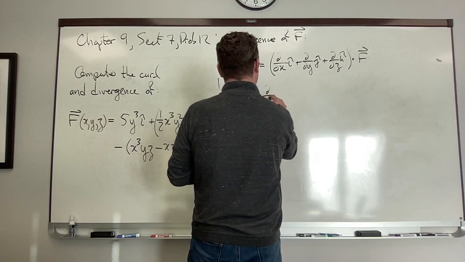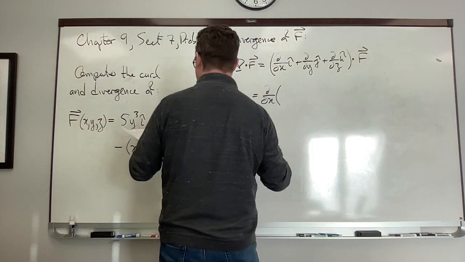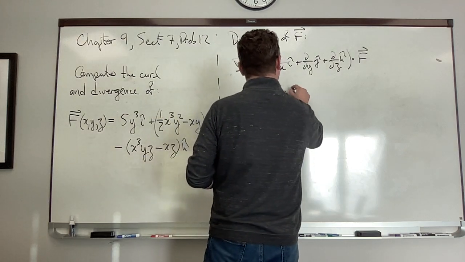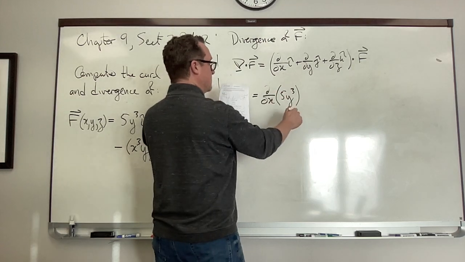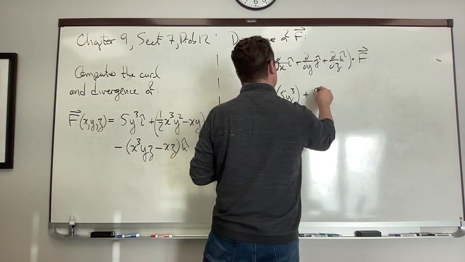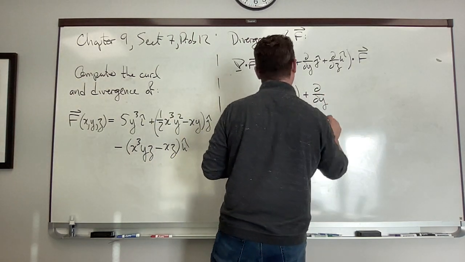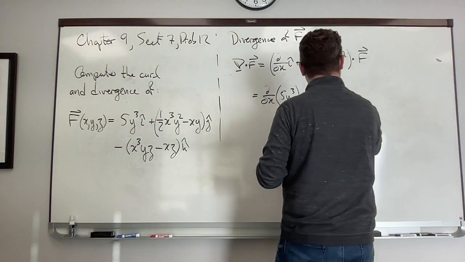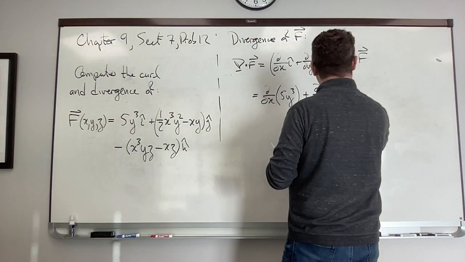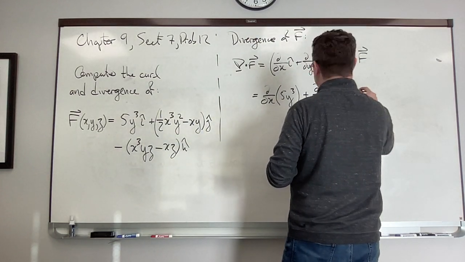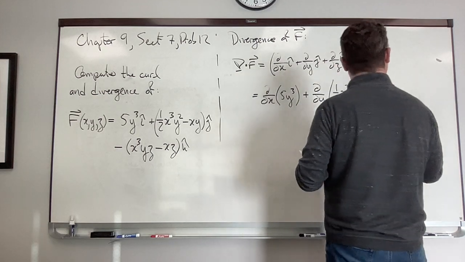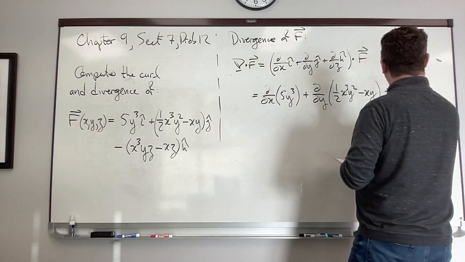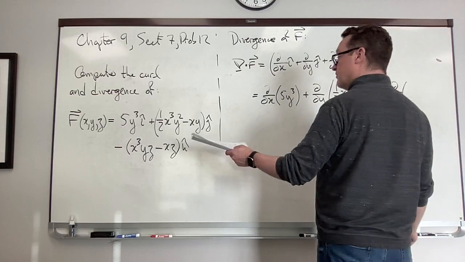So this becomes, and I'll go kind of slow here, ∂/∂x of 5y cubed. And now there's no unit vector here. There's no i or anything. So you just go, plus ∂/∂y of this whole thing, 1/2 x cubed y squared minus xy, plus ∂/∂z of